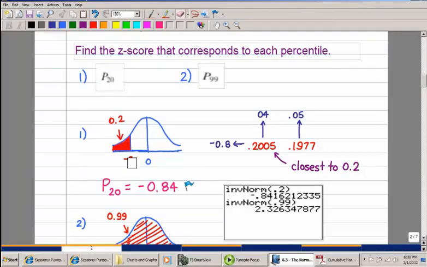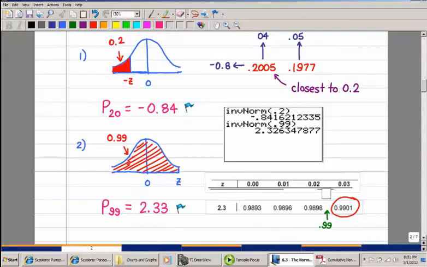Now the next one, the 99th percentile. So I'll go back to the cumulative normal chart. Closest to 0.99, let's see what we have here. Here we go. 0.99 would fit right between those two numbers, 9898 and 9901. But 0.9901 is actually a little bit closer than 9898. It's in the 2.3 row, the 0.03 column, so it would give us a z-score of